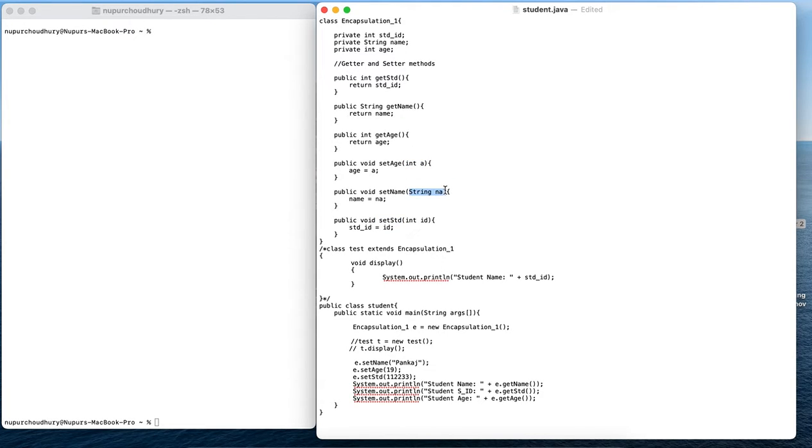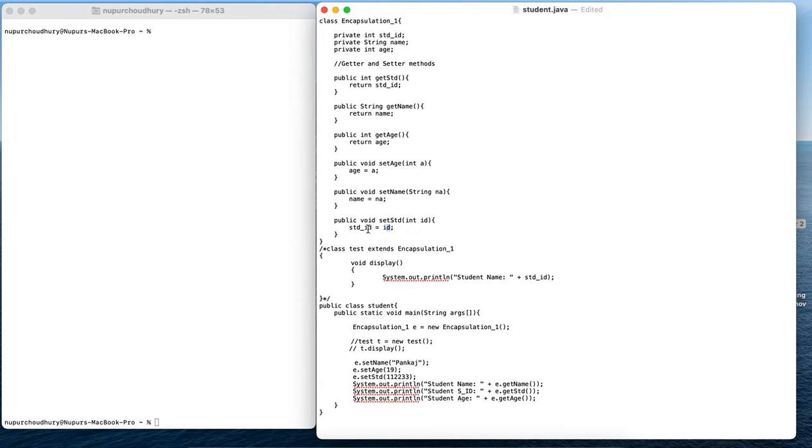For the name we are considering NA, and for the ID, we simply use the instance variable, which is declared as private, to be modified with the argument passed from the main program. The name similarly will be initialized with the value passed as an argument from the main method. Again, student ID is the instance variable where this value will be stored.